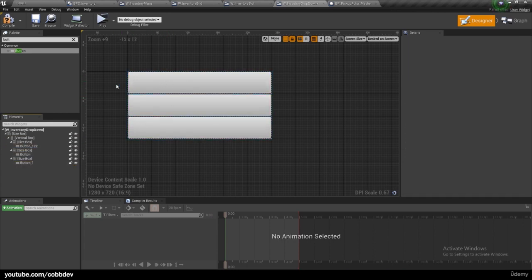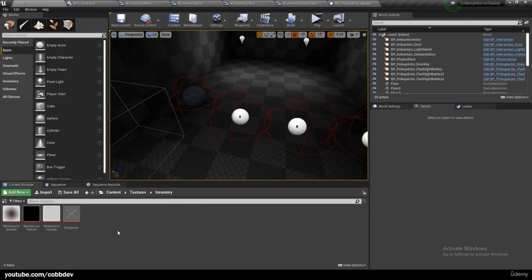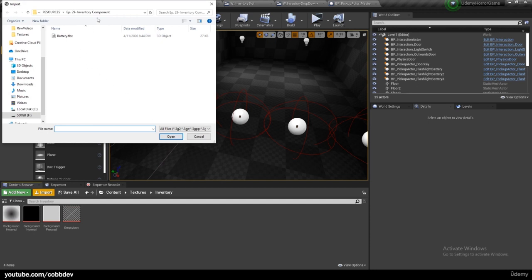Now we don't want these regular button textures. I made some new ones for this, so we can go ahead and import those now. So let's go into our content, textures, inventory, and we can import. And I'm just going to go into my resources file, and I have a drop-down button and a drop-down button hovered. We can open that up,